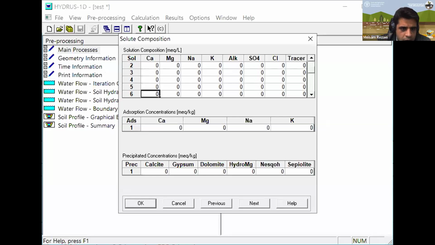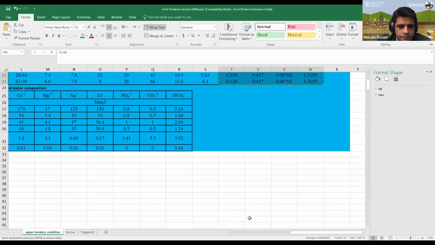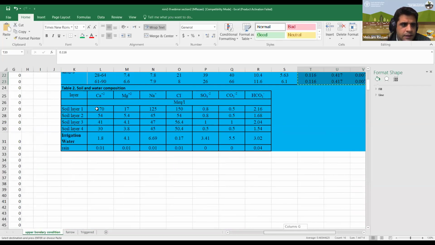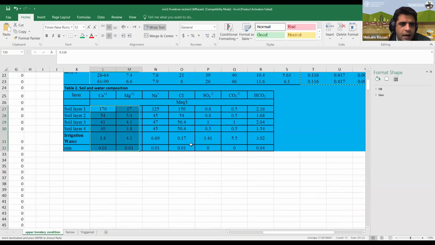I will go to the Excel file. Here, you can see, just copy and paste this data. These are actually the measured ones. Just copy and